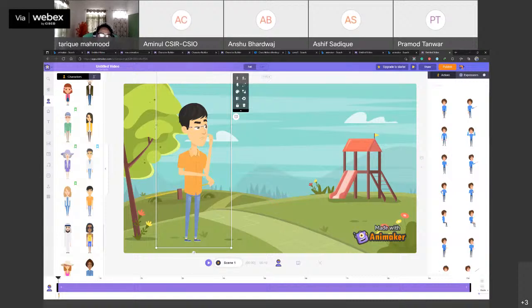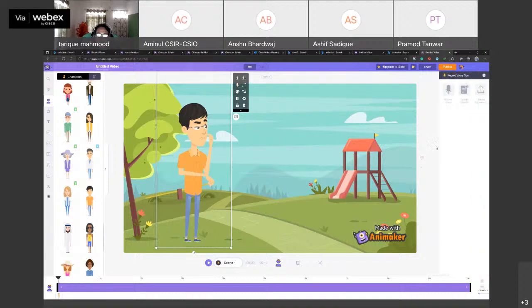Here you can see a little icon is available, and after clicking that icon you can see voiceover. After clicking that, on the right hand side you can see lots of options come: record voice, text to speech, upload my voice. Okay, so right now I can